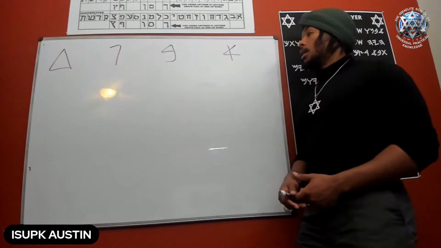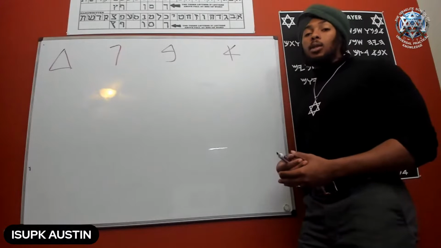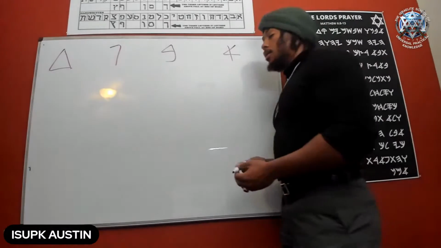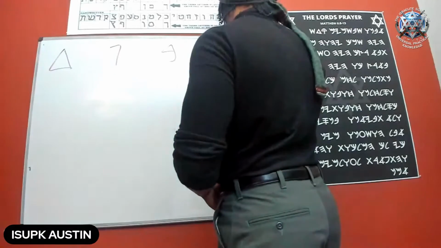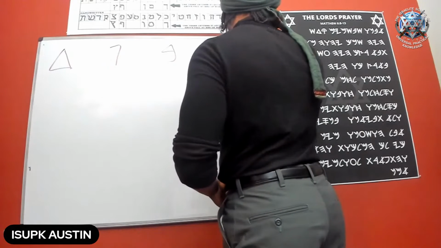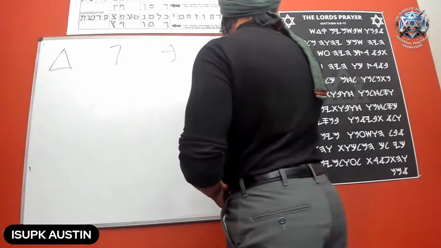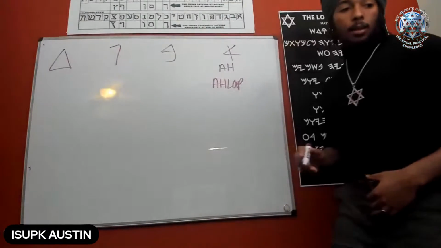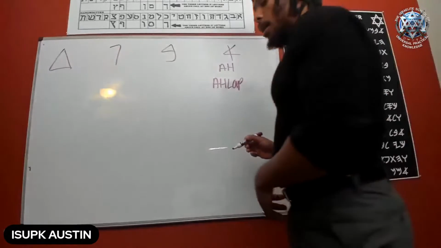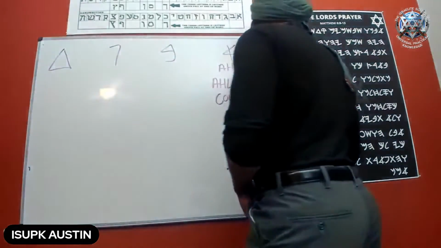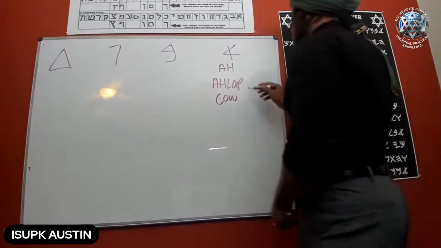It's going to be better explained when I show you. So, for example, A comes from what? We know that it is a cow, right? So this is A. That's what we say. It comes from Allah, right? But what is this? This is a cow, or ox, right? So that's where it comes from.